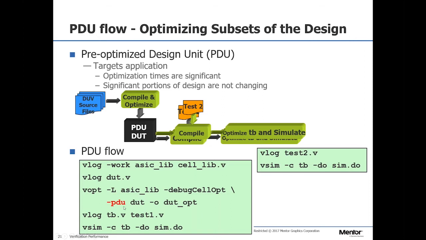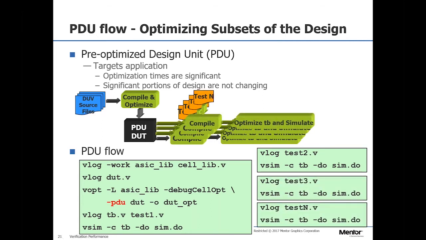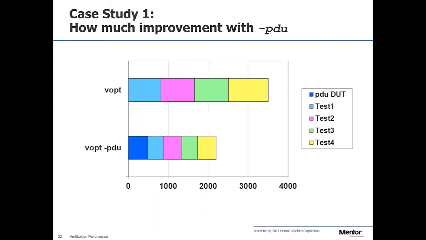And especially if this is a gate level DUT that takes 15 minutes to optimize, I do this again. I just compile the new test. I rerun my simulation. It optimizes these two things, pulls in the pre-optimized DUT, runs the simulation. So test 3 up to test N. What that can do is save the amount of time where you are doing the optimization, running